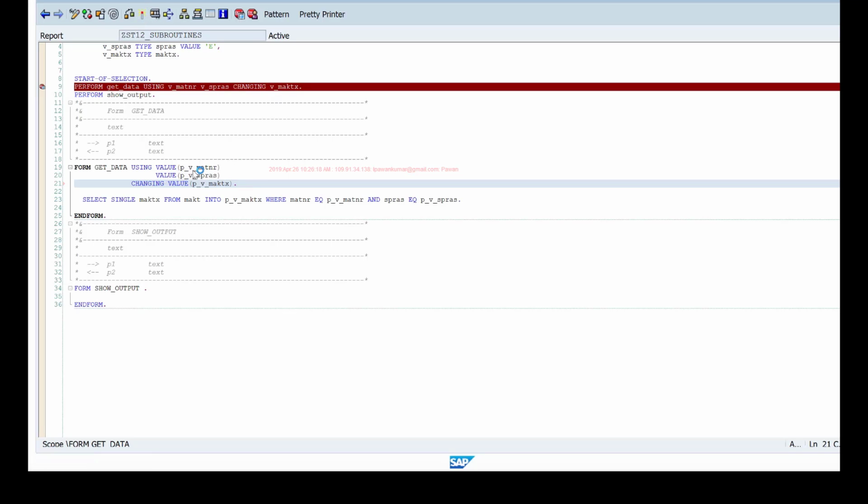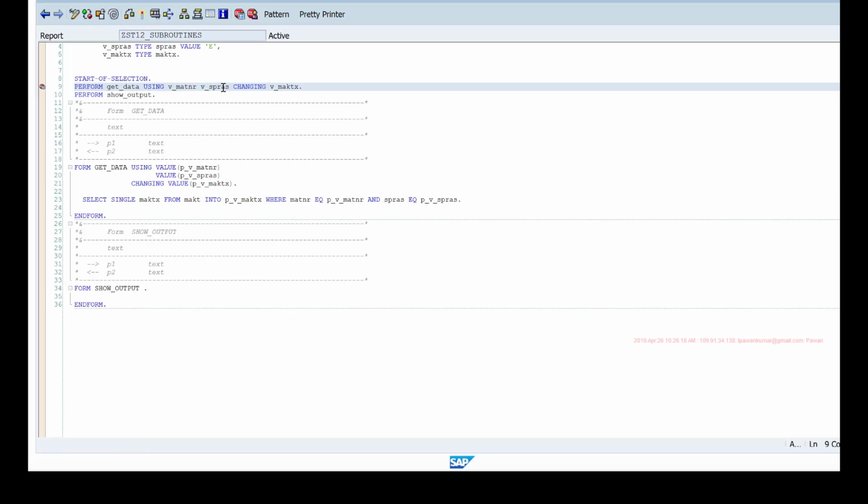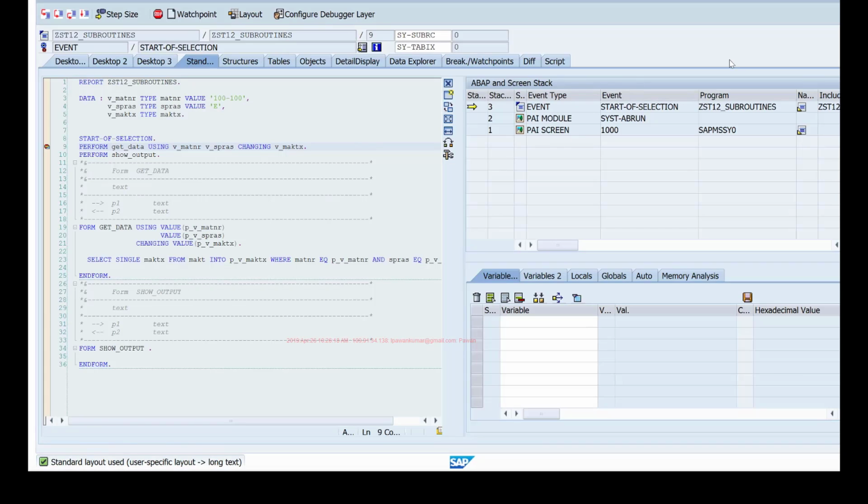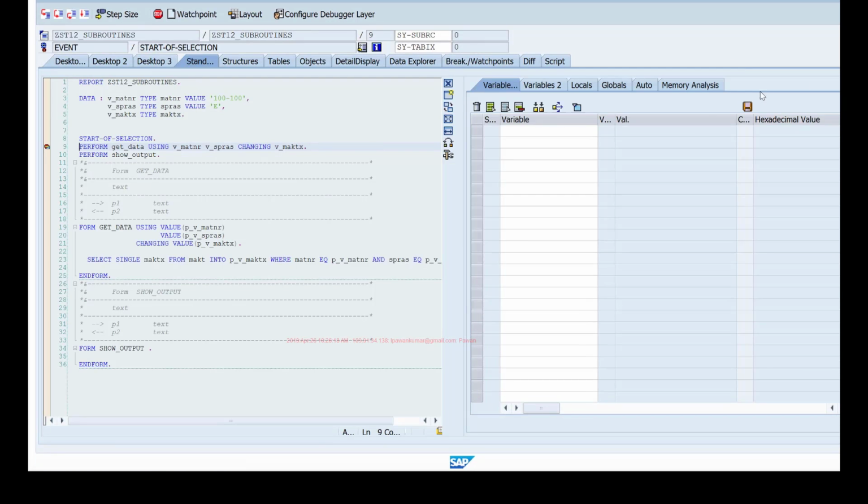Now vMatnar, vSpras are passed by value, so they'll be never changed, whereas vmAKTX is passed by value and result. So if I look at this again, vMatnar, vSpras, vmAKTX, and then pvMatnar,